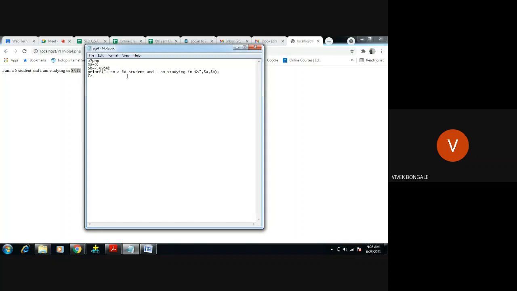So what I will do, I will go here. The percentage is required, this is a specifier we require. Then the dot means, after the dot, how many digits you want to display in the browser.